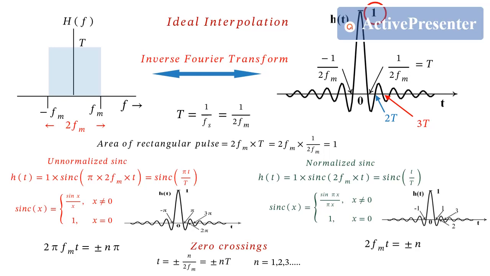From this figure, we notice that the value of the sinc pulse is 0 at all the zero crossing points except at t equal to 0, where its value is 1. So this is an important finding that at any sampling instant T, 2T, 3T and so on, except at t equal to 0, of course, the value of the sinc pulse is 0. This information will be needed in the next slide when we'll have many such sinc pulses. For the remaining discussion, we'll consider the normalized form of the sinc function.